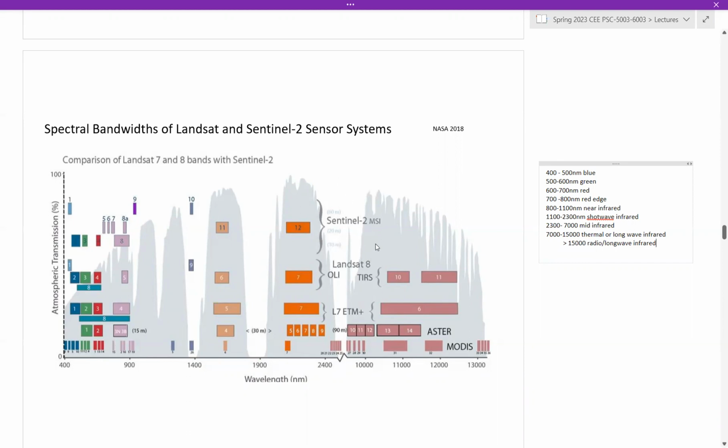We have Sentinel-2, Landsat-8, Landsat-7, Aster, MODIS, and each sensor will be able to capture a range in between these two values, a smaller or a larger range. The larger the range, we call it broadband